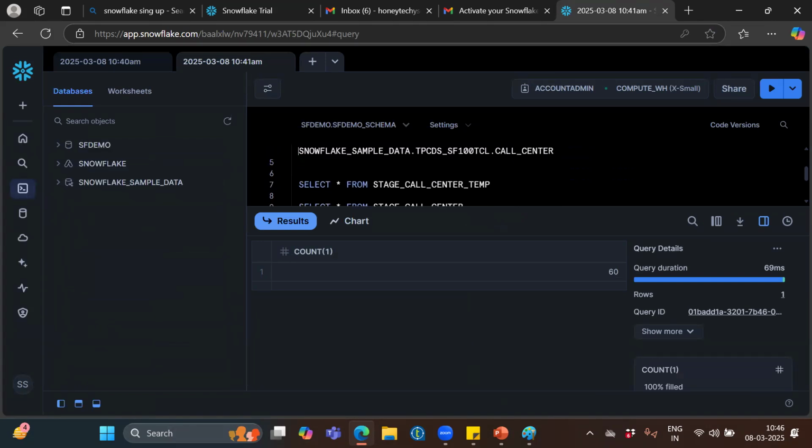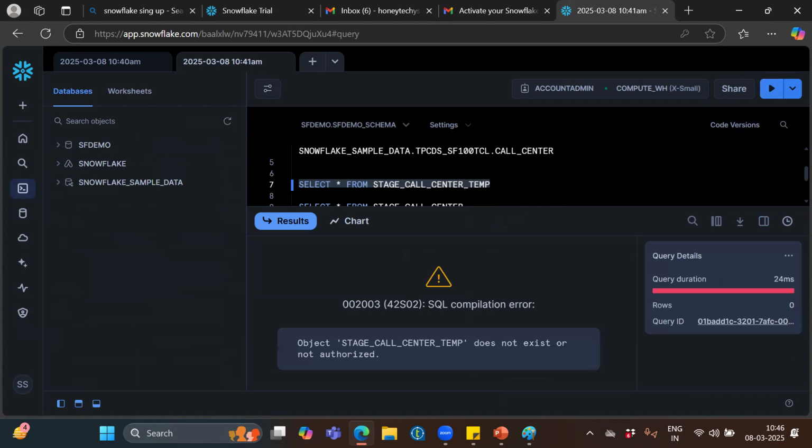First, I will view the temporary table. What happened? Object stage call center temp does not exist or